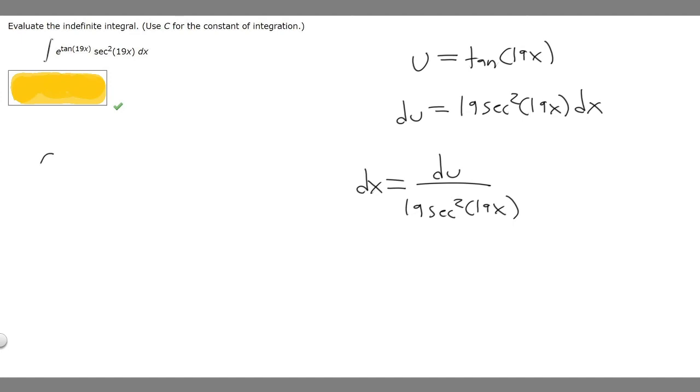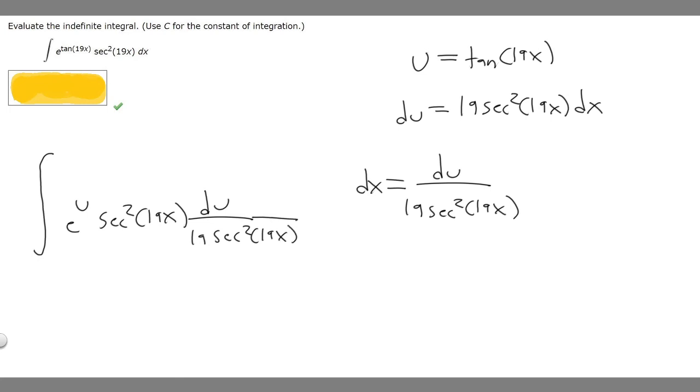So the next thing we want to do is rewrite our integral, but we're going to replace the tan of 19x with u, right? So we're going to have e to the u, because we're replacing it, and then we're multiplying by secant squared of 19x, and then we got to replace dx with what we solved it for, so du over 19 times the secant squared of 19x. And then what you should notice here is that the secant squared of 19x cancels with this one, right? So those will cancel, and then we can move the 1 over 19 out front. So I'm going to rewrite the integral as 1 over 19, because we move this out front, times e to the u